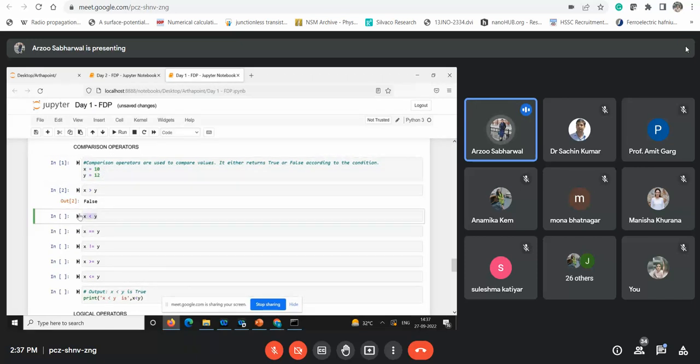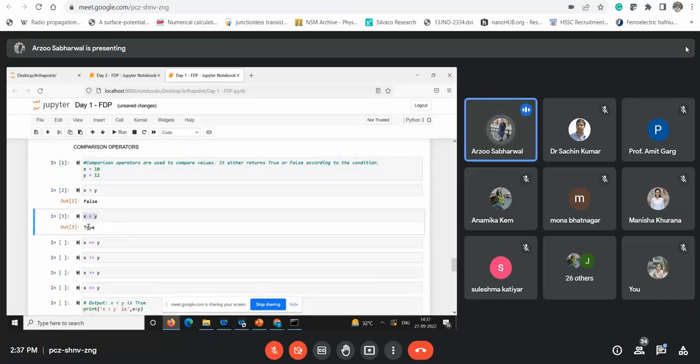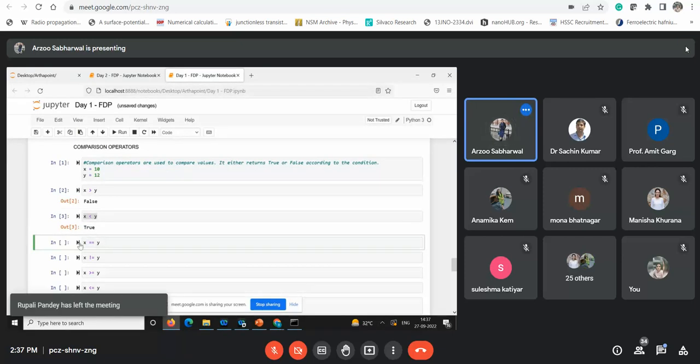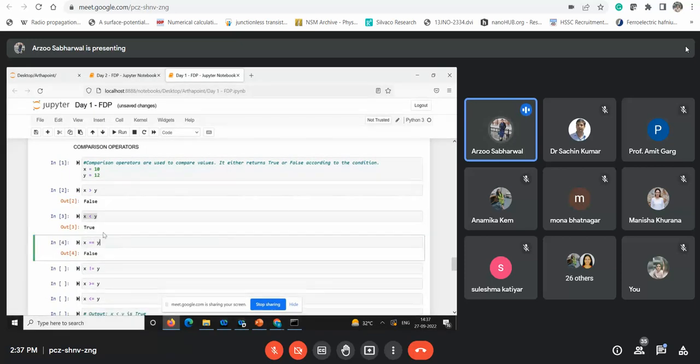Then I check X less than Y. I again run this statement and I get the answer as true. I can check whether X is equal to Y or not. So notice that I'm using double equal to sign. So I just run this. Note that if I make